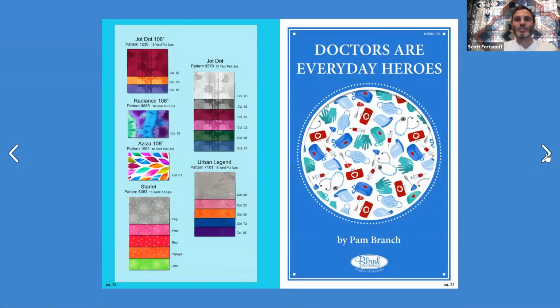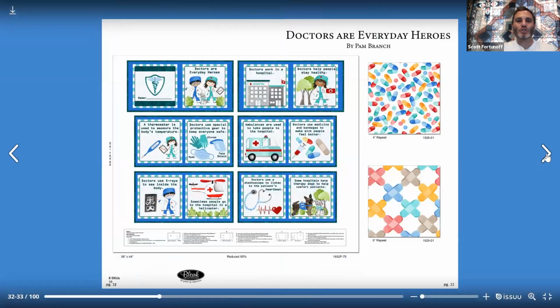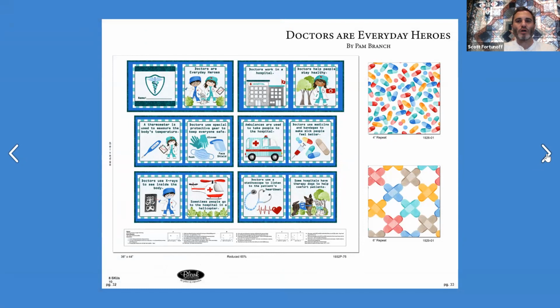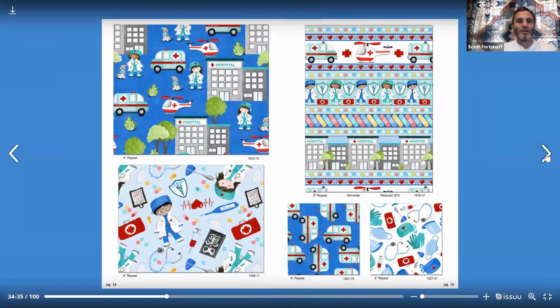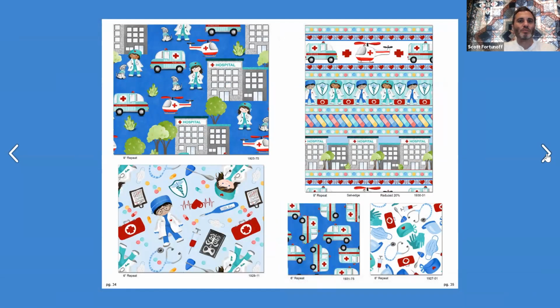Next, we have Pam Branch, Doctors Are Everyday Heroes, an 8 SKU collection that ships in October. We started out with a book. This one, we did the same line in policemen and firemen, and now we're moving on to doctors because they're heroes too. So we have the book, we have your little medications, Band-Aids, the hospital, all the little hospital vehicles,